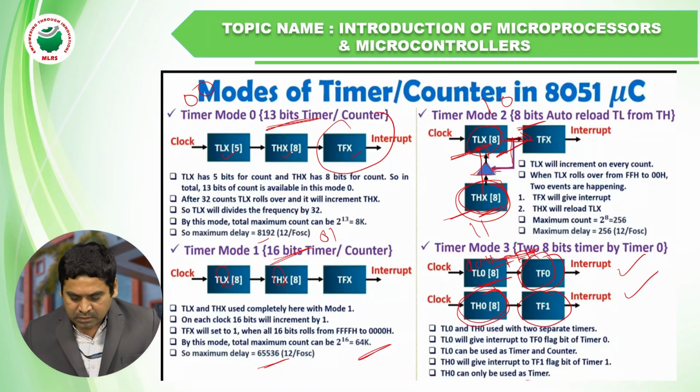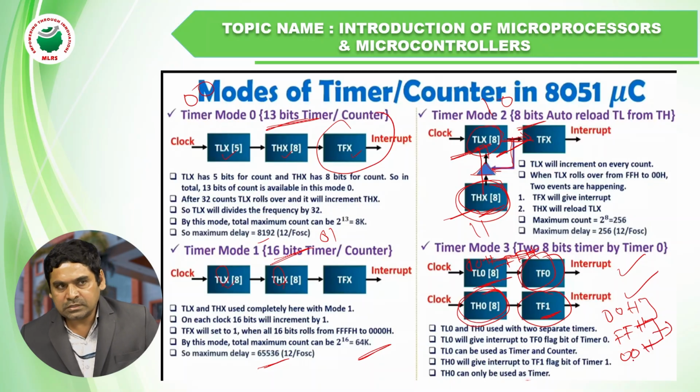TH0 also has 8 bits in hexadecimal notation, counting 00H to FFH, and the same happens for TF1 with the higher byte. So when the count reaches FFH and again counts to roll back to 00H, an interrupt occurs